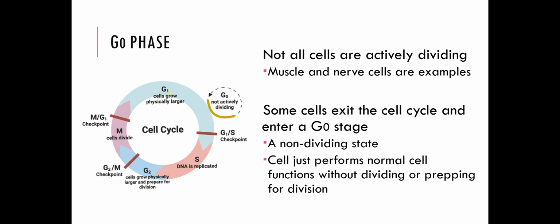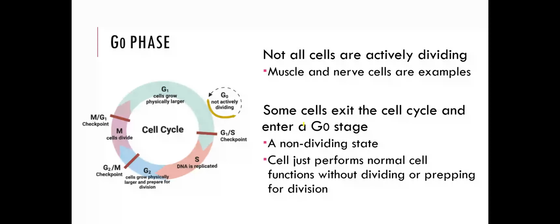That's because some cells are just too complex, their networks are too complex, and the way they're structured and organized in our bodies is too complex, so we can't easily divide these cells all the time. A couple examples of that are muscle cells and nerve cells. They're not constantly going through cell division, and these are both tissues that are not easy to fix. If you do have damage to muscle or nerve, they're not easily regenerated. Because some cells, depending on their structures and properties, don't need to constantly grow and divide, or can't constantly grow and divide,